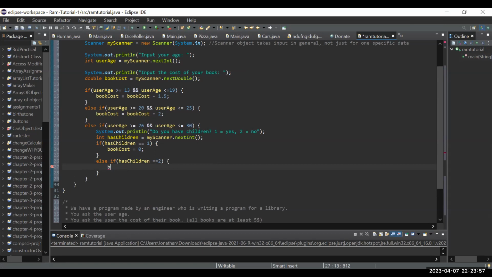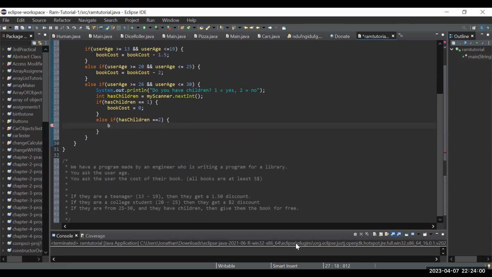So could you go down 1 second in the prompt? So if they have children, give them the book for free. When I say, do you have children, and someone says, yeah, I have 1 child, so at least 1, right? If you have at least 1 child, then you have children. You don't have to take into account how many they have. If you have at least 1, then you either have 1 or you have many. In both of those cases, it's fine. So if has children is 1, set book cost to 0 and leave it at that. And if has children is 2,